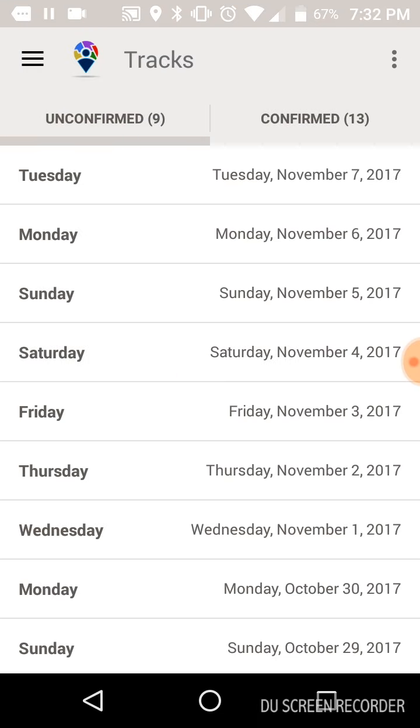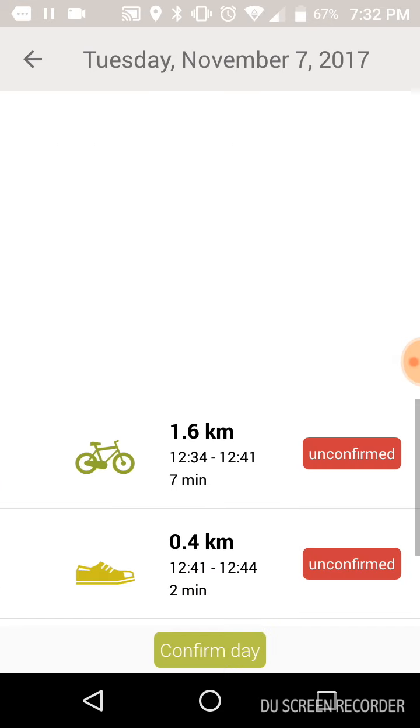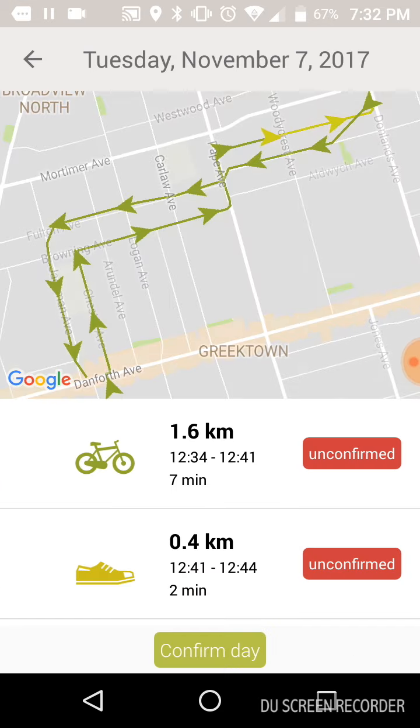Now, I've been running this for a very long time because I'm part of the project team, and so I have a lot of unconfirmed traces. We're going to look at today's traces. So if I launch today, it takes a second to load. And so what we can see is that there are a variety of trips that have been recorded and that